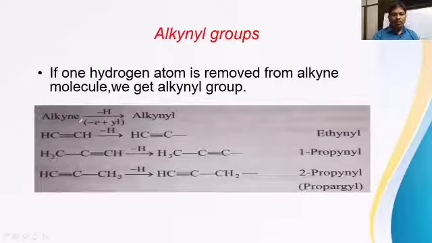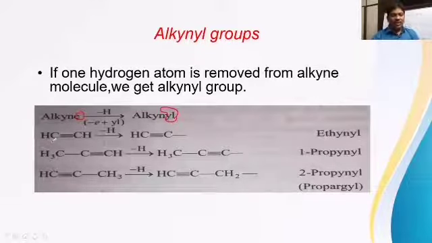Here when you are removing hydrogen, what do we have to do? From alkyne, what should be removed? The E should be removed here. In the place of E, what do we have to add? YL. Here minus E means remove E. After that, we add YL. So alkyne becomes alkynyl. In place of E, we have got YL.